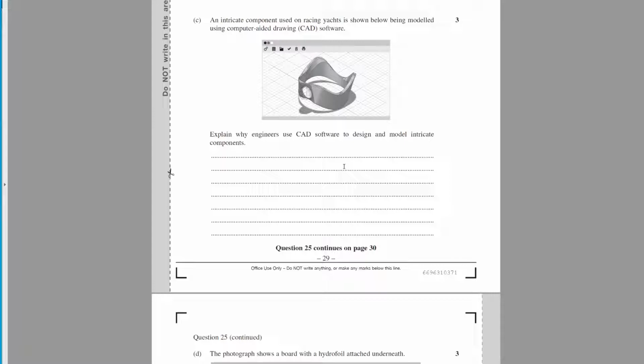We can very quickly edit the design. We can modify it for when we want to scale up. We can duplicate it. We can make changes quite easily. We don't have to rub out the hand drawings. The third major reason is that it can be incorporated into CAM software,